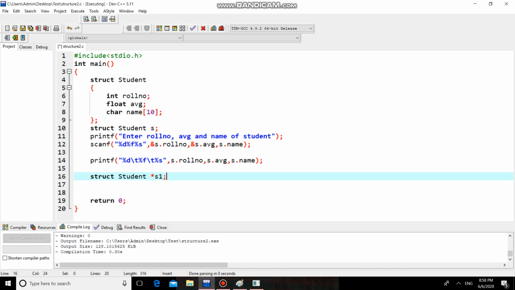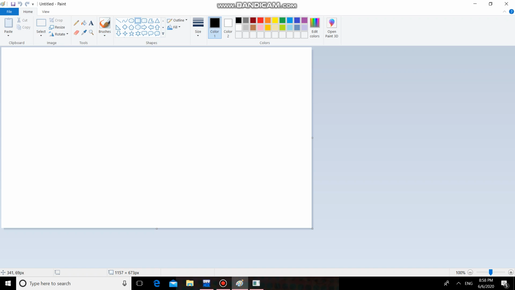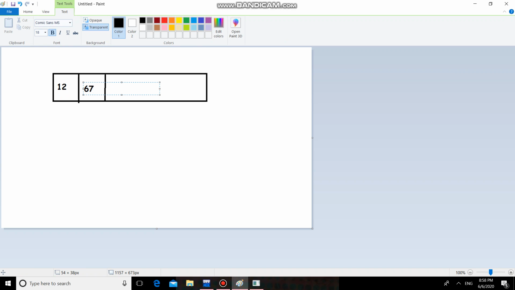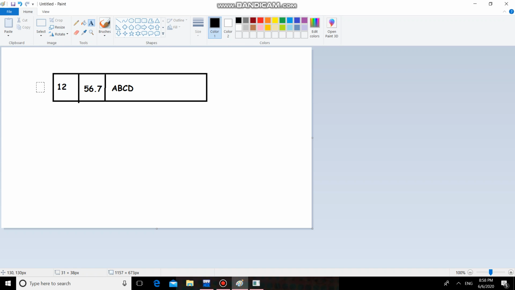Now let us see the diagrammatic representation of this program. Consider these are the values, I'll take the same values, 12, 56.7 and ABC. So consider this is my structure variable.